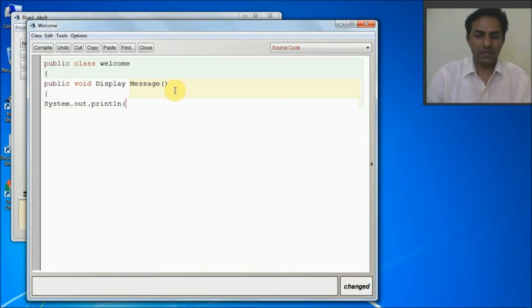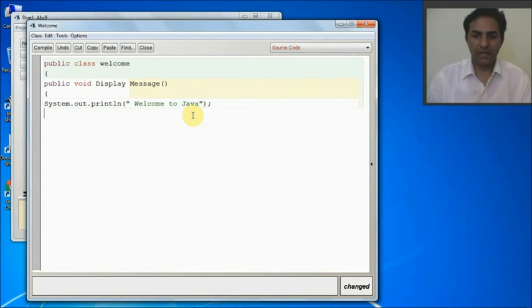Now this statement I am going to use, then I am going to use a string, "Welcome to Java". Now as I mentioned this double quotation, so I'll close the double quotation here, then close the bracket and put one semicolon. Now semicolon means semicolon here I am using.